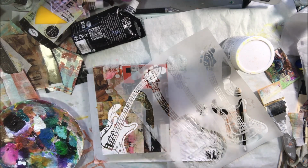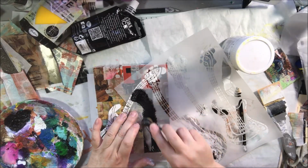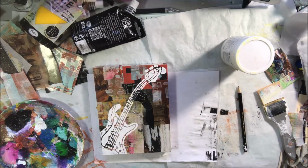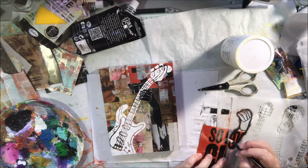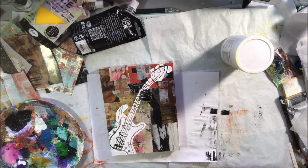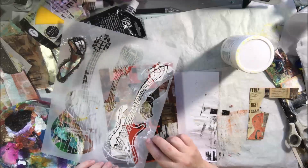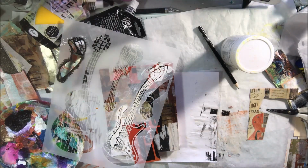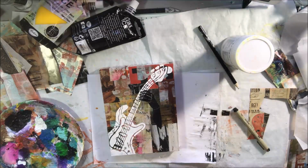I continue to mess with it, and I get it. What I should have done is I should have stopped at that point and I should have let it dry. But I was on a live show when I was working on this, and so I continued to work. So I tried to dry it up as much as I could with a heat tool, and then I went ahead and used another part of the stencil, which is kind of a forearm and hand, and I put that on. And as I put the stencil over to work on the different pieces, like right now I'm making another collage piece, I squished the